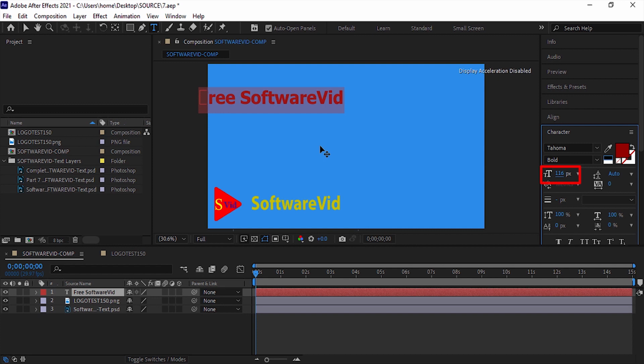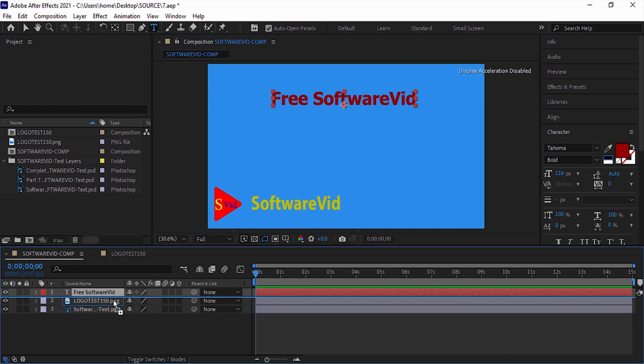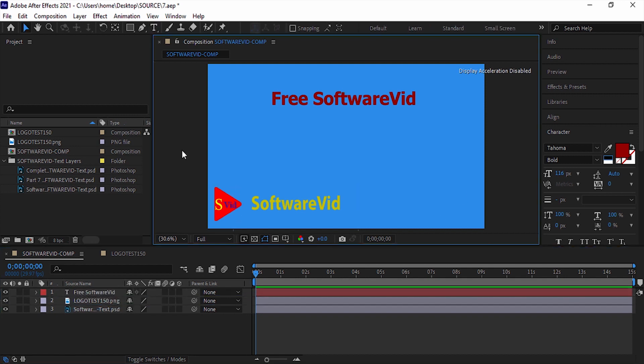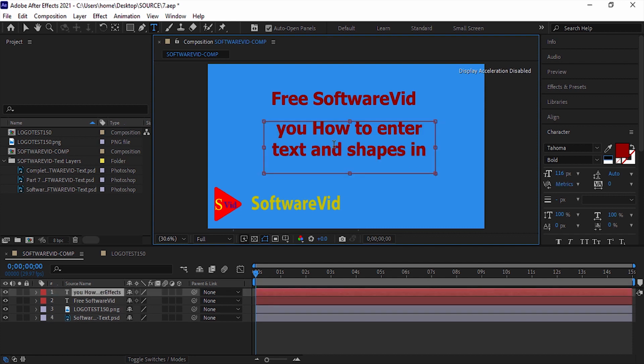As you can see, after inserting text, a new layer is created at the highest level of the timeline, and you can move this layer among other timeline layers or resize it. Another way to insert text with this tool is to click and drag and create a text paragraph. Click on this icon and draw a text box on the page by clicking and dragging the mouse. In this case, when you reach the end of the text, the cursor is moved to the beginning of the next line.